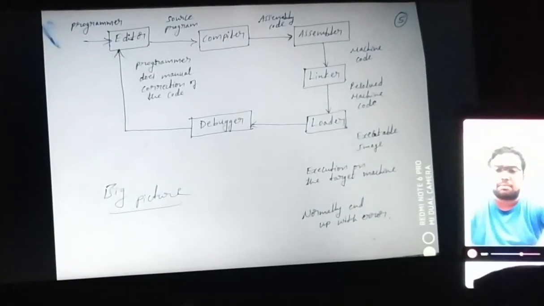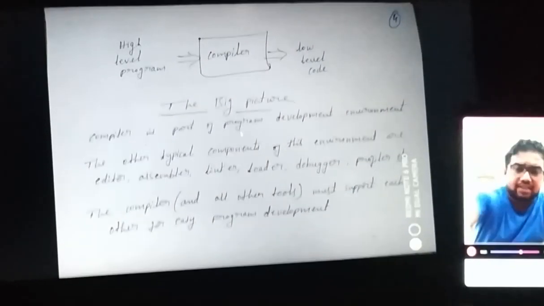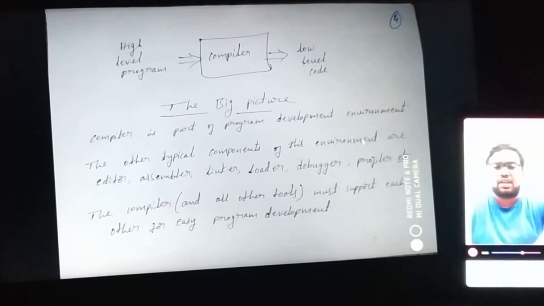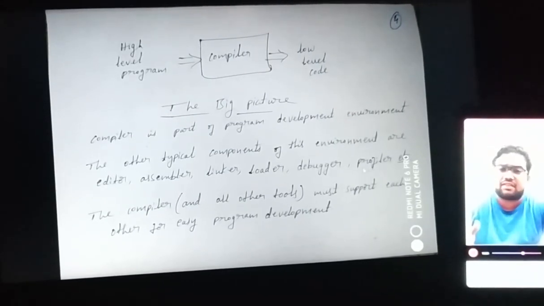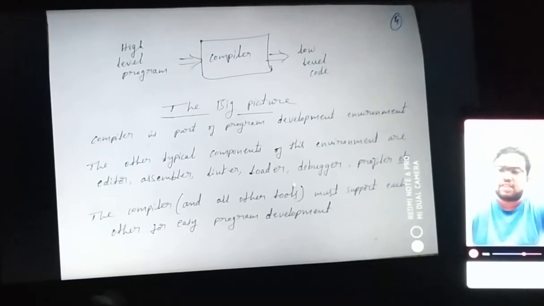So a compiler is a part of a program development environment where you can have typical components like editor, assembler, linker, loader, debugger, and probably with respect to making a particular pattern arrangement, you can also have extra features like profiler and the rest of the things, so etc. So basically it will have editor, assembler, linker, loader, and debugger, probably with the profiler.